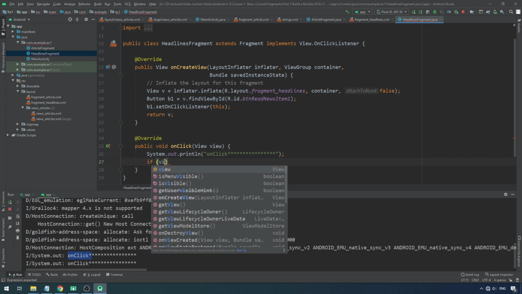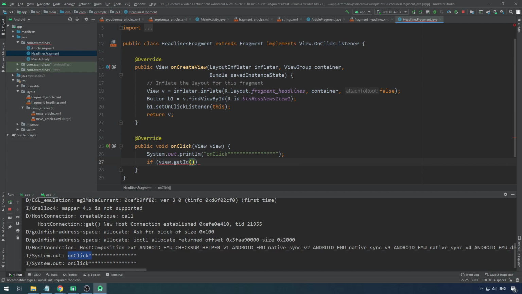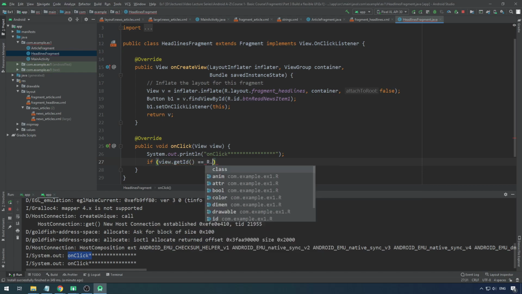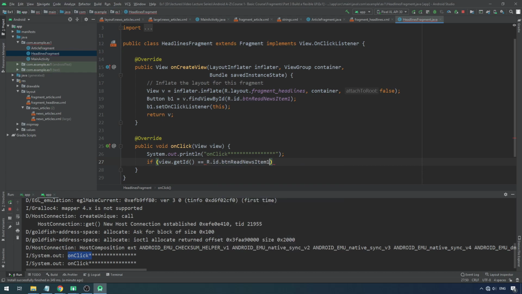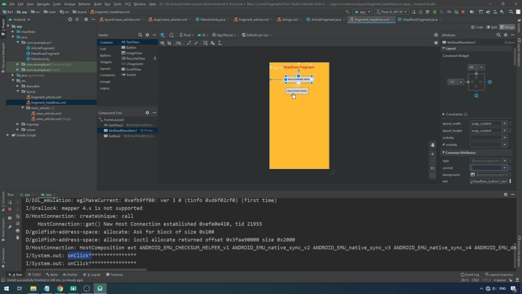and let's say view dot this view parameter dot get id. So if that id is equal to, let's say, R dot id dot btn news item 1, this way I will know whether button 1 has been clicked. Because if there are multiple buttons, yes, there are multiple buttons, all the buttons will say, so if this is btn, let's say if this is